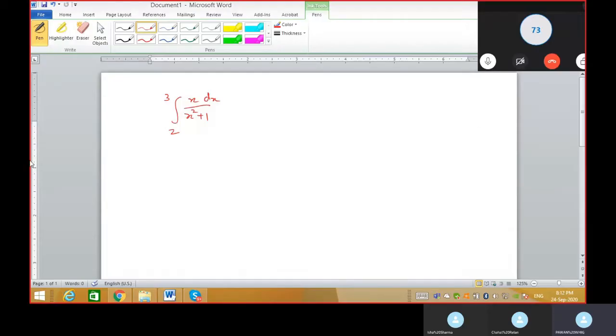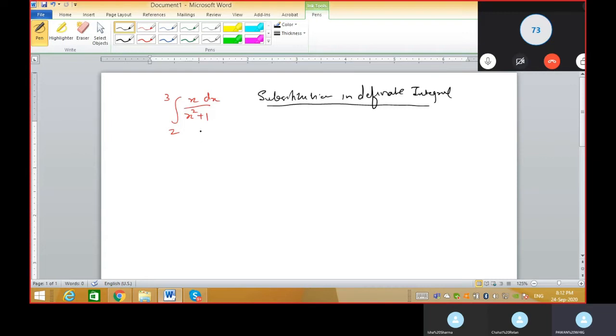Let's see, this is a very important concept. In the case of indefinite integral, if you have to do the substitution, this is very important. What happens when we do substitution in definite integral? This is a very important question. Several times students make mistakes while doing the substitution in the case of definite integral. So let me explain this in an easy way, how to do substitution in a definite integral, and this is